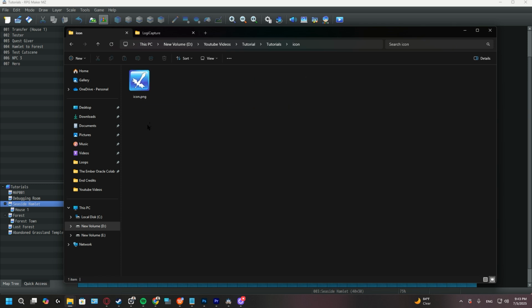Icons. This is just the icon for your game. So when you start playing your game, a little icon pops up down here on your taskbar. This is the icon that will pop up. Of course, you can change this, and we're gonna be going through the